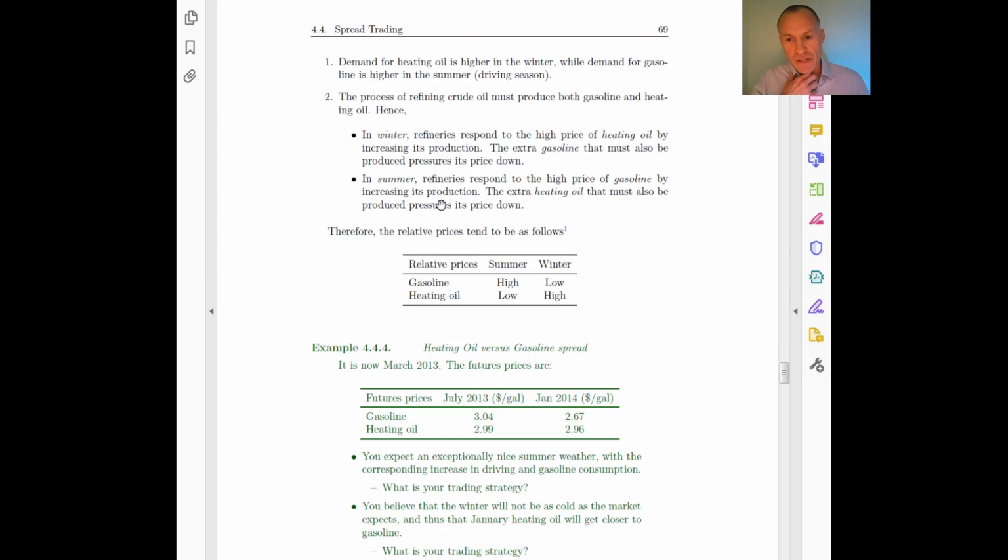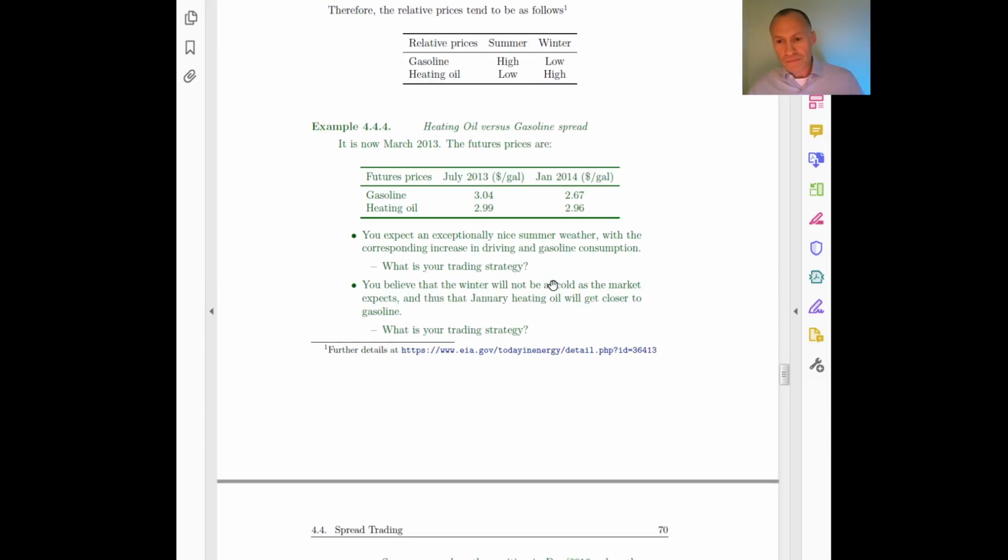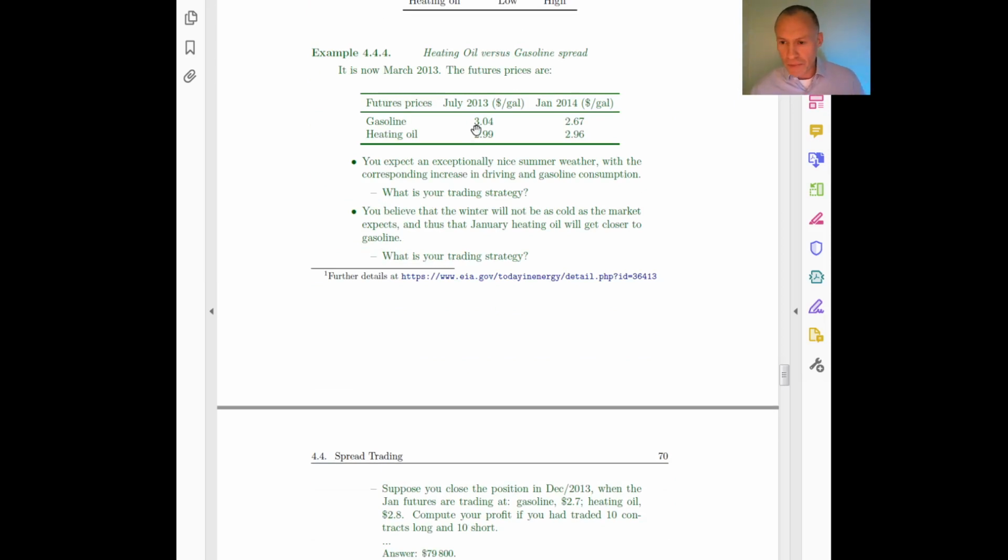So in this example, this is about the US market, right? So people there in the summer drive a lot, and in the winter they need heating oil or diesel to warm up their houses, and that creates this pattern that is described here. Okay, typically in the summer, gasoline is more expensive than heating oil or diesel, relatively speaking, and then in the winter the relation is reversed. Okay, so example, you have here prices for summer, prices for winter of both gasoline and heating oil,